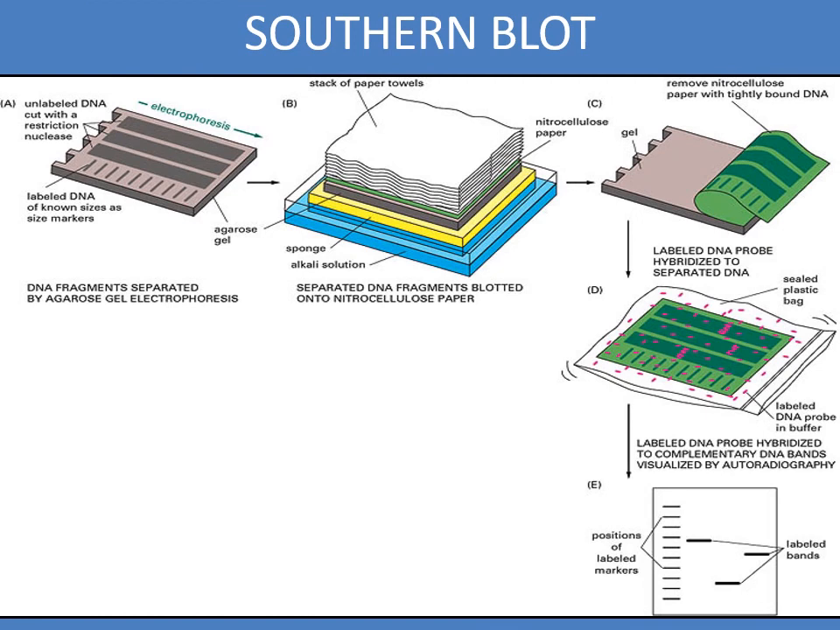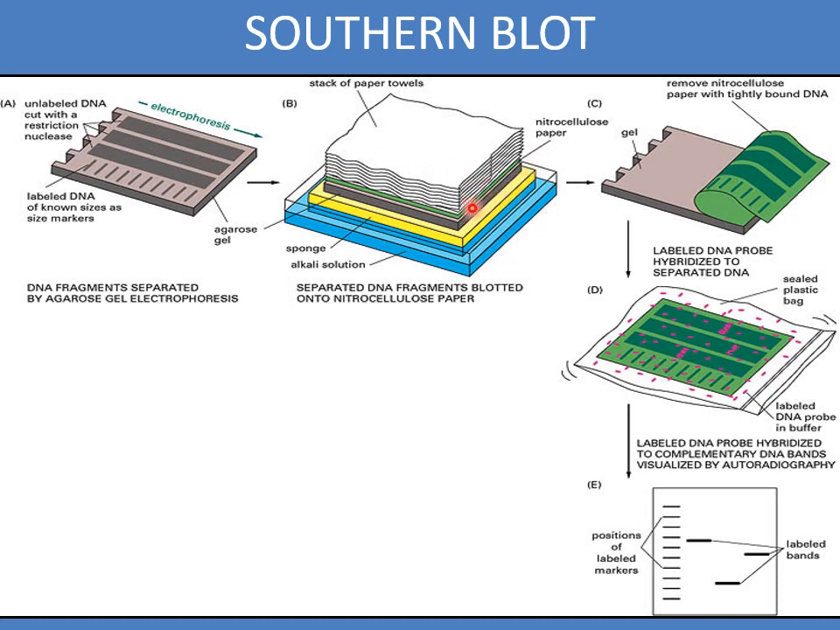This is the picture showing the different steps of Southern blot. First, the fragments of unlabeled DNA cut with a restriction endonuclease are separated by the process of electrophoresis in agarose gel, and on the side the labeled DNA of known sizes are run as markers. Then after the electrophoresis is complete,